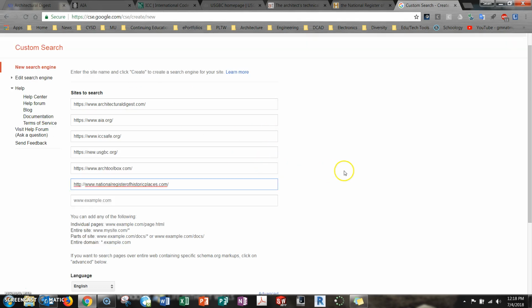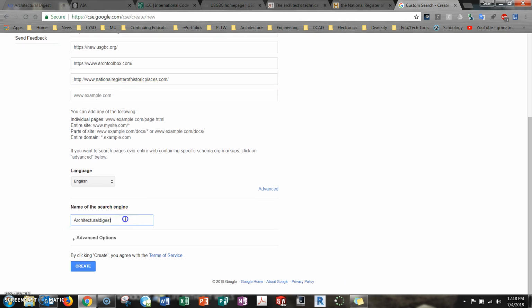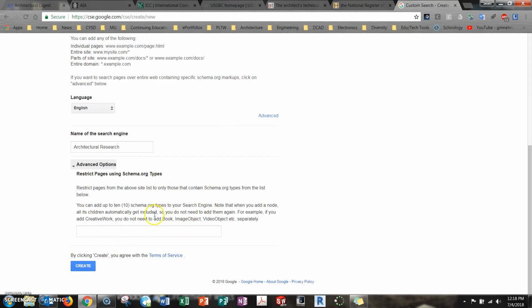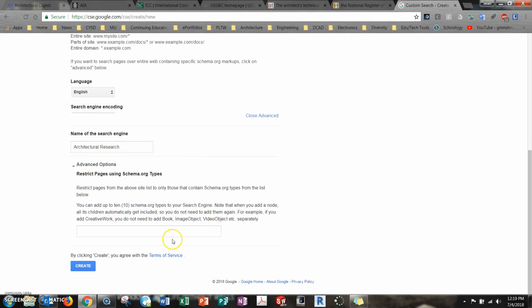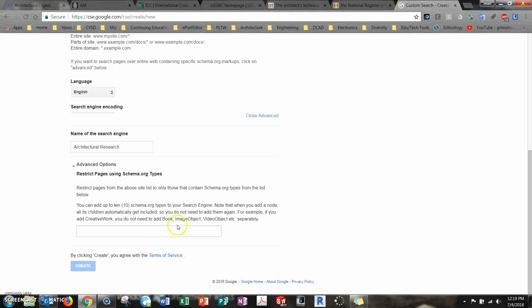Alright, once you have all of your sites in the list, you can come up with a name for the search engine. So I'm going to change this, which is just plugged in from whatever the first page you put in there, and we'll just call it architectural research. If you look under advanced options, you do have some other abilities to restrict. I guess after we create it we see more options. So if I click create,